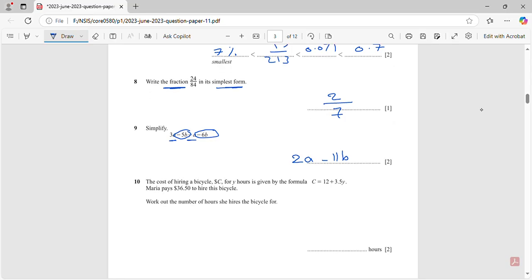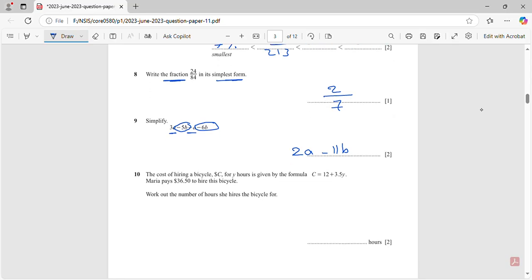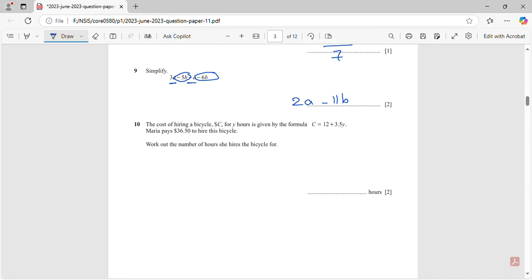لازم نركز جدا جدا على النقطة بتاعت الاد والبلس، ولو لقيت نفسك اتوترت هتقول negative 5 minus 6 by using calculator. Okay? For number 10, the cost of hiring bicycle C for y hours is given by the formula, and this is the formula. طبعا ال y هنا بتrepresent by a, by the time. Maria pay 36.5 to hire this bicycle. يعني دي كده بتrepresent ال C ولا ال y؟